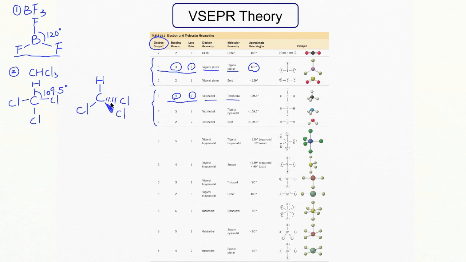Okay, we use dashed wedge to represent the chlorine that is below the plane, below the screen, and we use solid wedge to represent the position of this chlorine which is above the screen. Okay, so this is